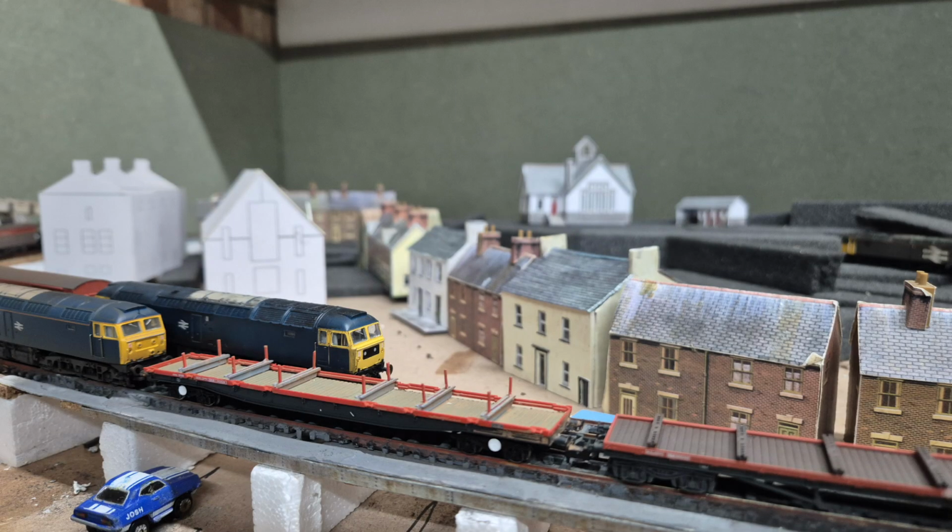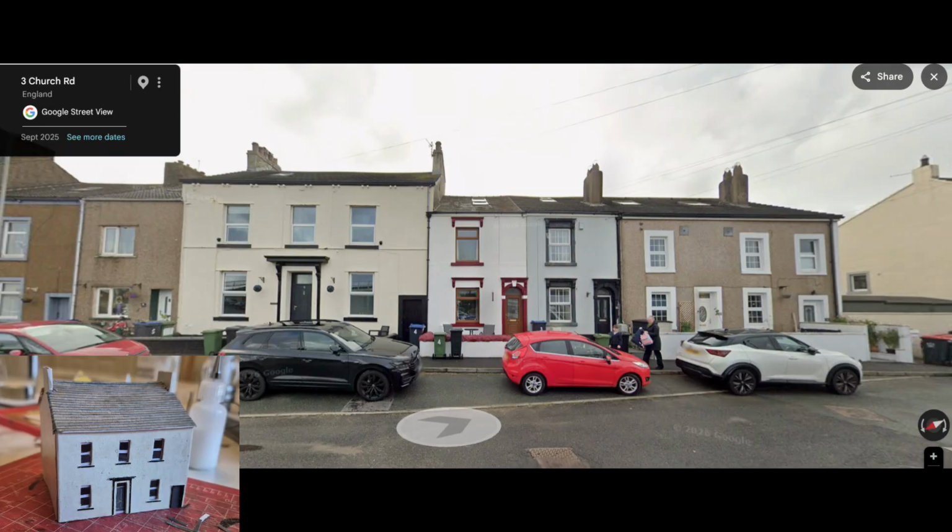So in the last video, I did the first 3 buildings to lay out, which were quite rewarding to put together, and I definitely had the bug for making buildings, and so I thought I'd add a few more. I thought I'd continue with the terraces to the right of number 3 Church Road that I scratch built in